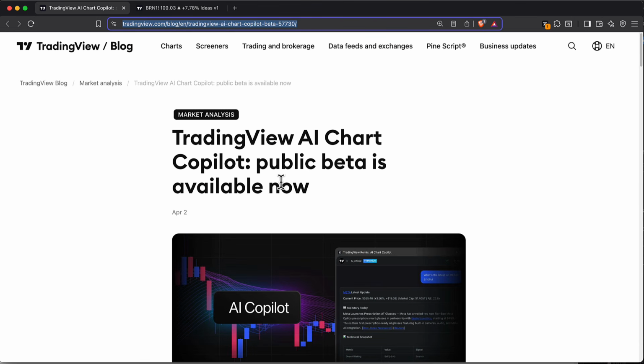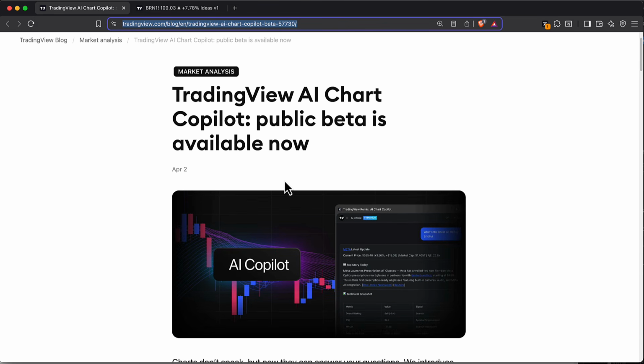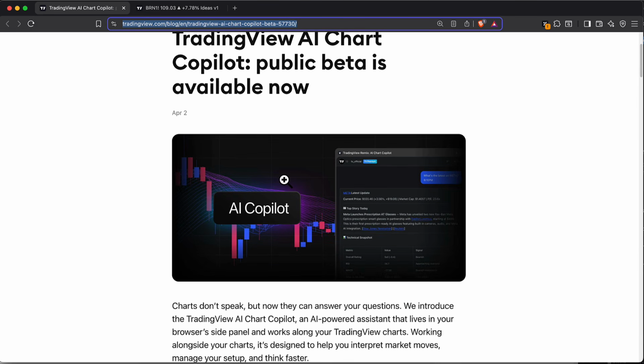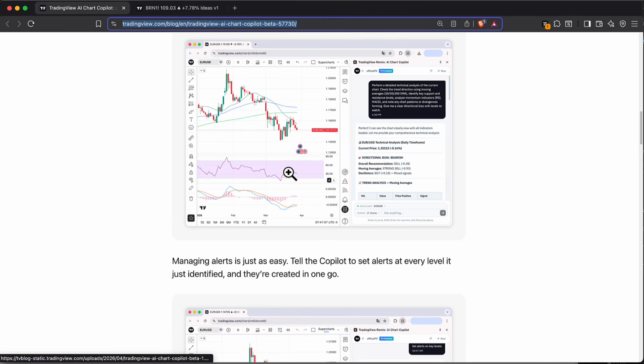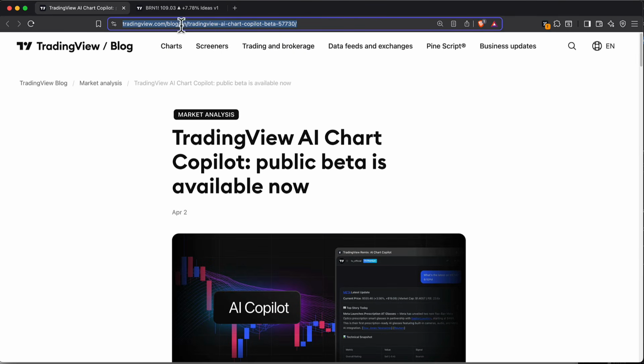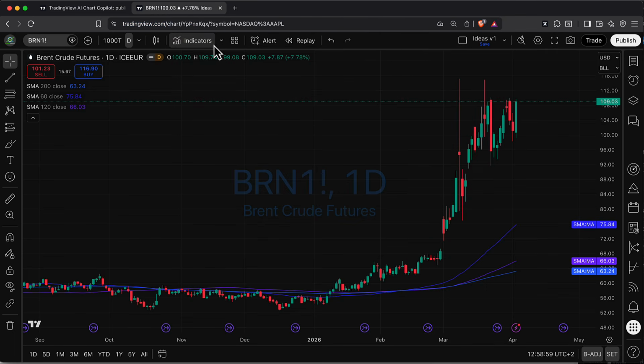Actually, it's a Chrome extension that you can install on top of your browser, and then it will have control over your TradingView and can help you configure TradingView itself and plot some things for you. It can add some indicators on top of your chart and analyze your chart. So it's relatively powerful already. Let's see a couple of use cases of how you can use this in a real setup